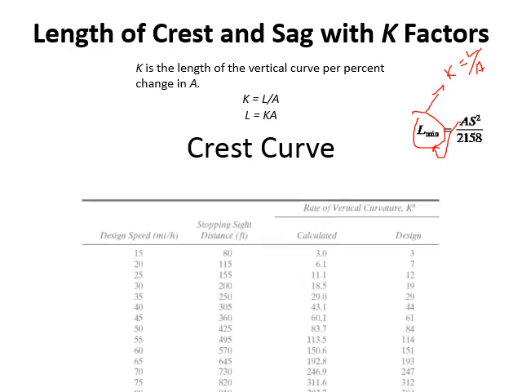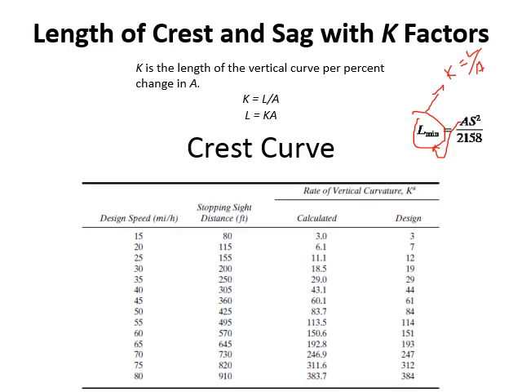So we have a table for finding out the value of k, which is coming from this sight distance equation. Okay, so if you know the speed, then you can calculate the sight distance, and using the sight distance and this equation, you can calculate the value of k. So this is the exact value of k, and this is the rounded off value of k. These two columns are just rounding off. Okay, you can do the same thing for equations for sag curve as well.